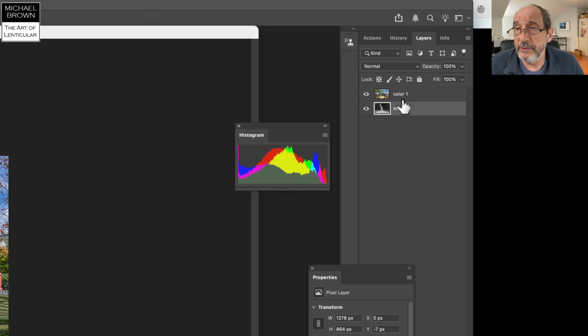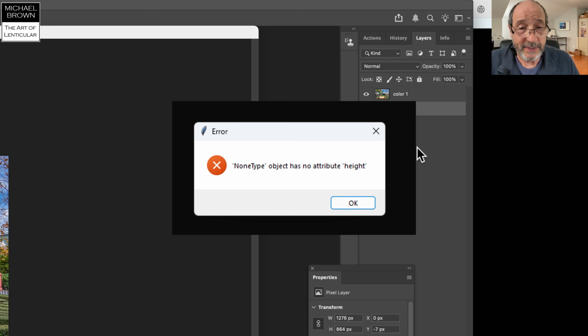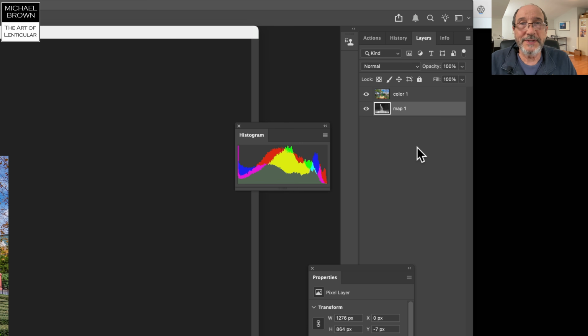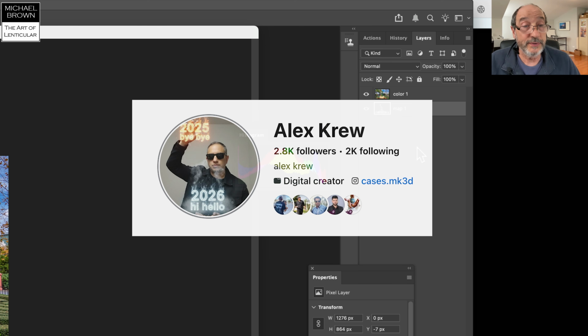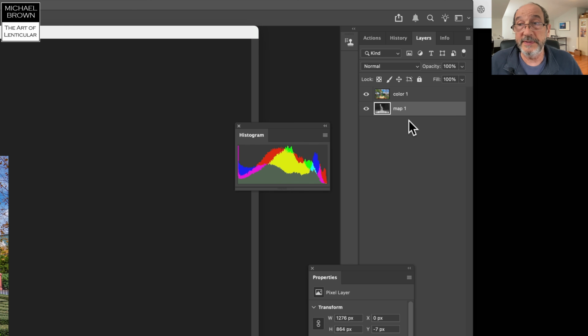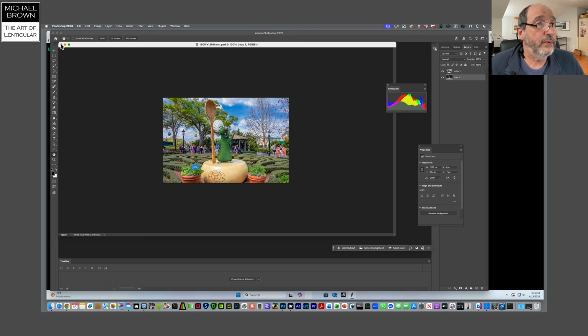Now, there are two layers here, the top labeled color 1 and the bottom labeled map 1, and it's essential to label them like that. When I first made this file, I just had named it something like RGB for the color part and depth map for the depth map, and the software wouldn't accept it. It said there was a height error or something like that. So I contacted Alex Krew, who I believe is the person who created the software, and he wrote me back and said, rename your files in a specific manner, and I did that, and after doing that, everything worked out just great. So we'll close this